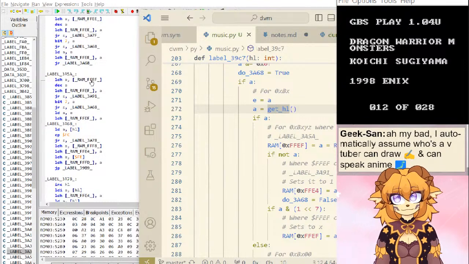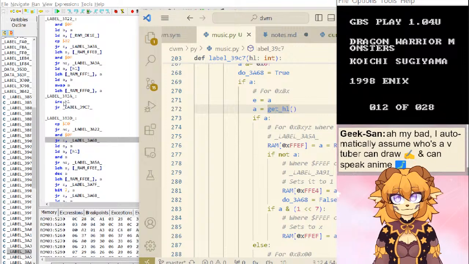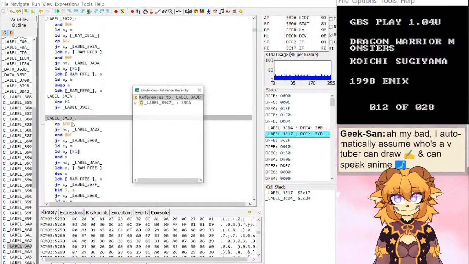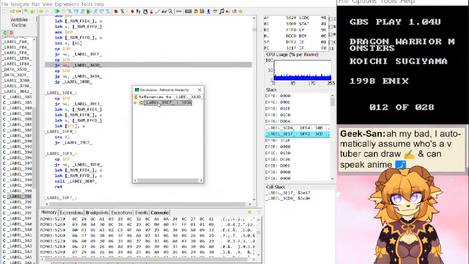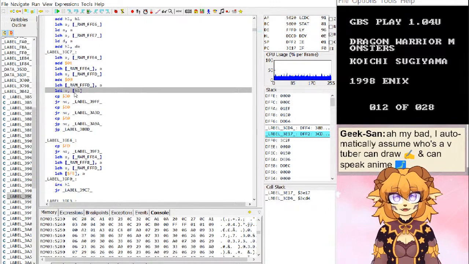These increment HL. They don't seem to. This is a load I there.